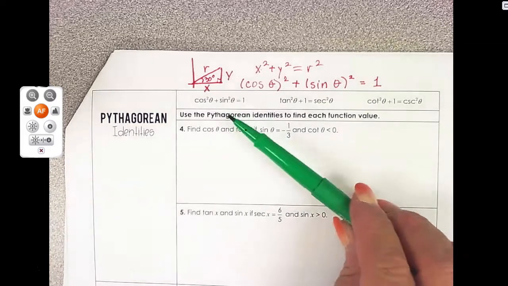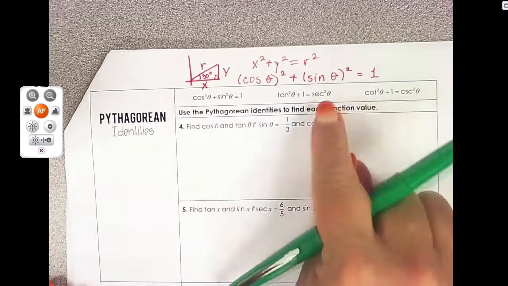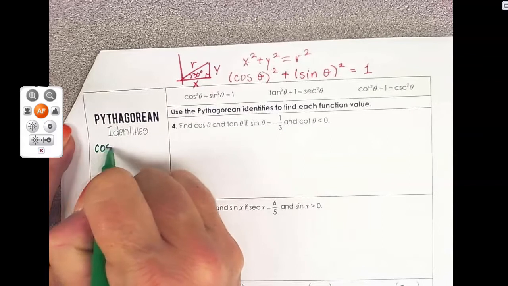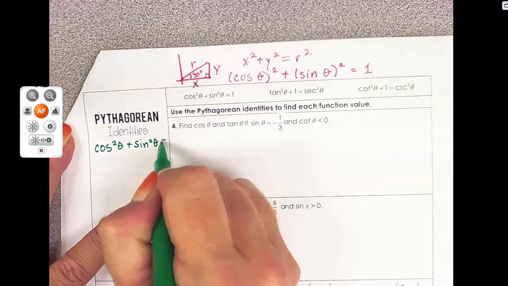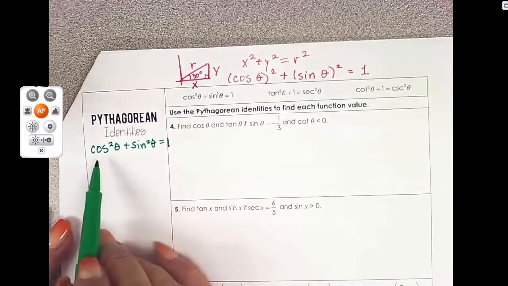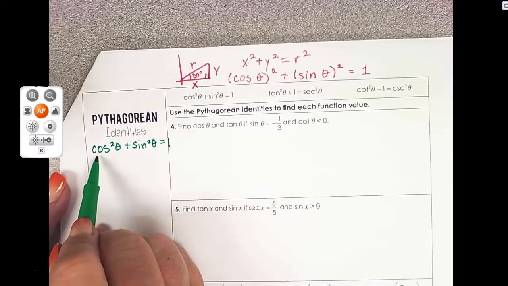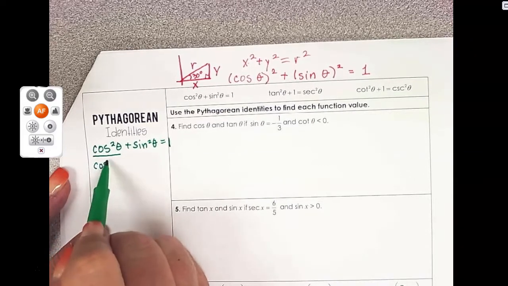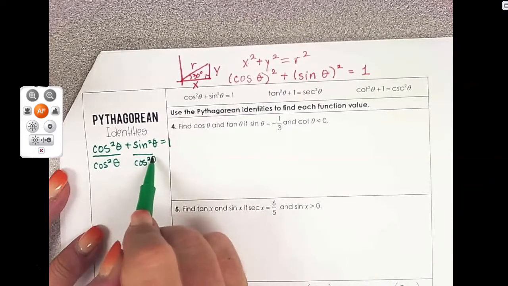These are called the Pythagorean identities for that reason. And I personally have an issue with memorizing all 3 Pythagorean identities. So I just want to show you where the other 2 come from. And I'm going to do that in this white space out here to the side. So if I start with cosine squared plus sine squared equals 1, I can divide, as long as I divide the same on both sides, I can divide by anything I want. So if I go through and I divide every single thing by cosine squared,